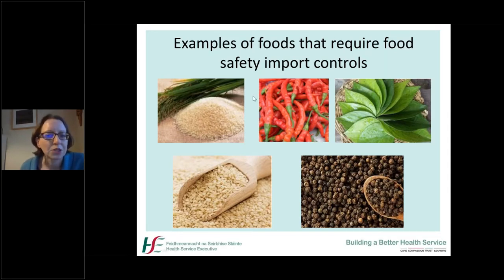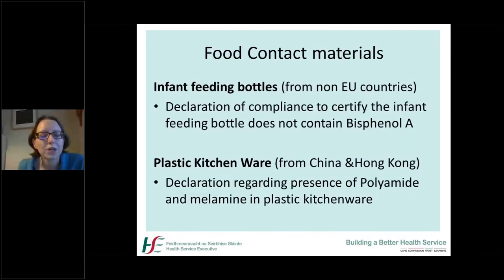Those products come under food safety import controls, and they are done by environmental health in the HSE. We also deal with some food contact materials, and we are noticing traders who are not food importers, but might be bringing in bulk loads of other products, getting triggered for a HSE risk because they have one of the following in their load. If they have any infant feeding bottles, they need to make a declaration to us. Email addresses are at the end, so if you email us and ask for the declaration, you can have it on file. If you know you're bringing in anything that is going to trigger an infant feeding bottle control, you send in the declaration to say that it does not contain